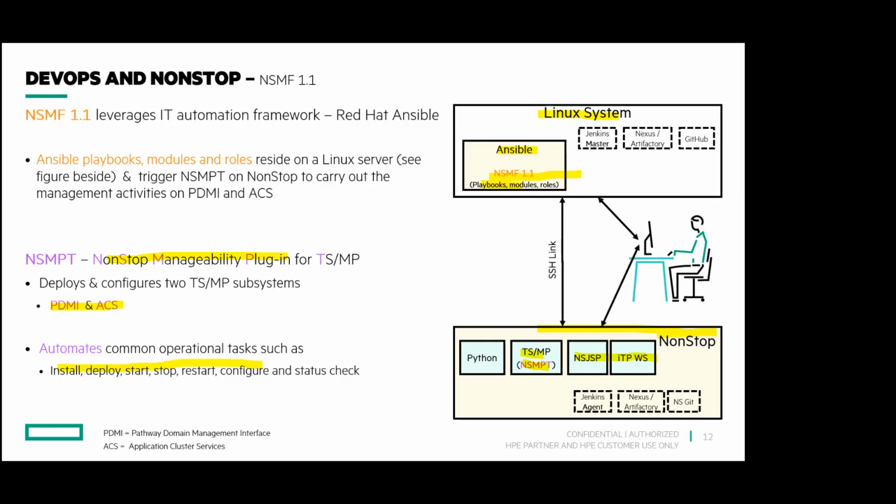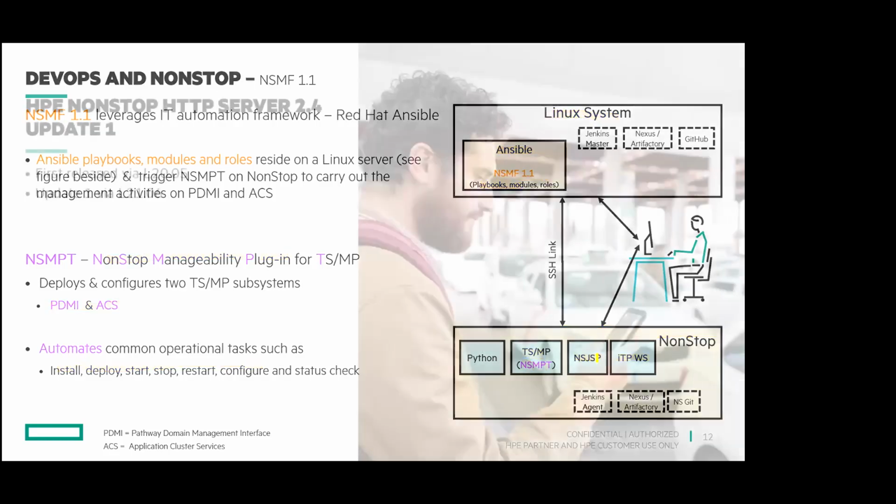So that's another thing we have, but we are announcing TSMP because this is tested, tried, QA'd, and everything has been done for TSMP. Whereas this, we have given to some customers who showed interest in DevOps. We had done some DevOps lectures last year. So we showed how the DevOps principle works, and they showed some interest. So as a proof of concept, we gave the NSJSP and ITP web server playbook to those customers' test systems to run and test. So they were quite happy. Okay, I think I'm losing time.